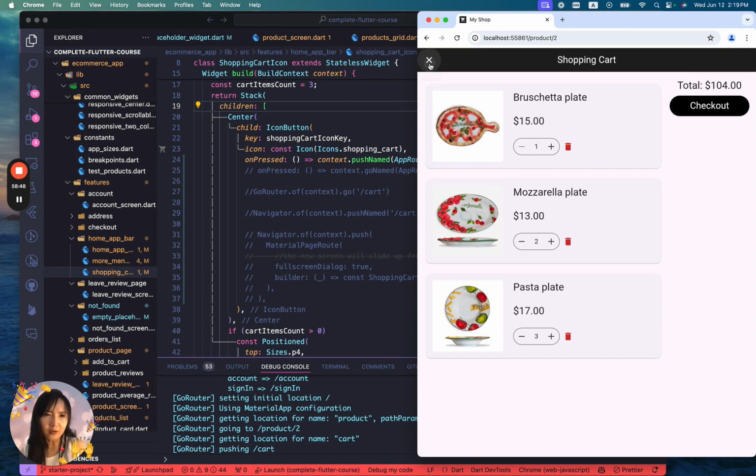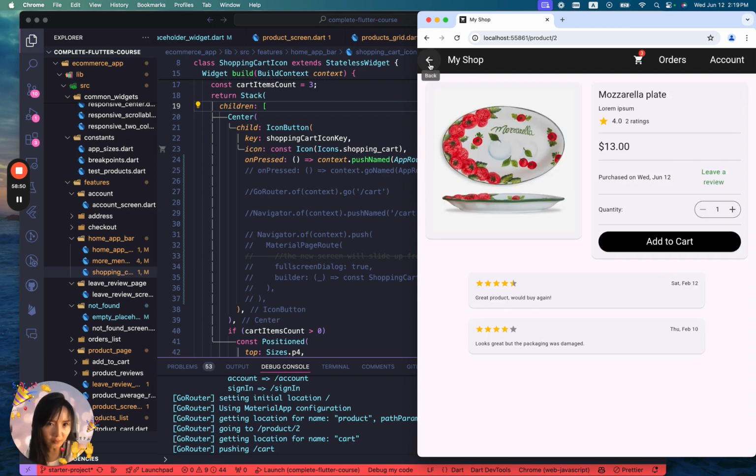Now let's close this one. See, when we close, we go back to the product page, not the home page, which depends on what shopping cart route. If we dismiss this page, then we are back to the product page rather than the home page. However, I'd like to point out one important detail: when we open the shopping cart, the URL in the address bar has not changed and still points to this product. And this is due to some changes in the way push navigation has been implemented since